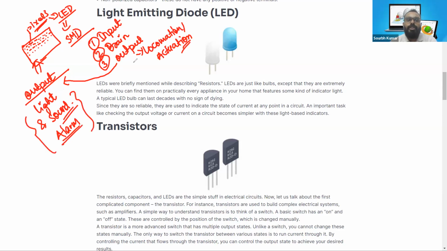You should know about these terms. So these are the basic key concepts utilizing the LED, and the full form of LED is light emitting diode. So LED is one type of diode